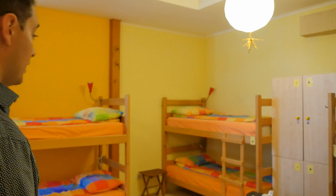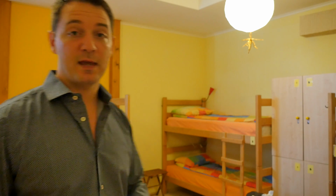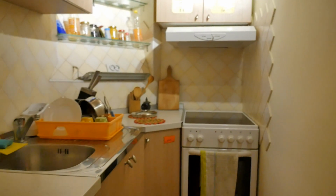If you get a private room, it depends on how many beds are in the room, but you might pay like $12 or $15 per person, or you'll pay $35 for the room. There's different pricing models depending on the hostel. So I did shoot some video at the hostel, but the hostel just did not look good. And this is one thing I should mention: hostels aren't necessarily designed to be pretty. They're designed to give a certain experience and a certain amount of functional amenities, but also give you really price